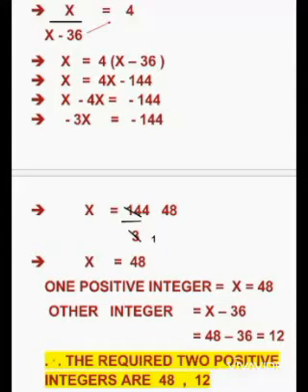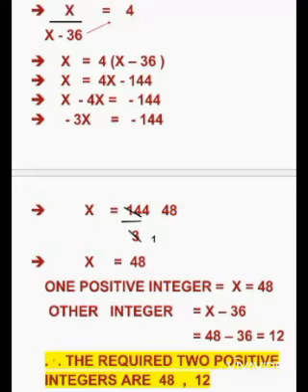Now you have to find out the value of x. Here minus minus will cancel, children. So x is equal to, let us transpose 3 to the other side. Then you will get 144 by 3. Now let us cancel 144 with the 3 table. 3 forty-eights are 144. So the value of x you got here is 48.